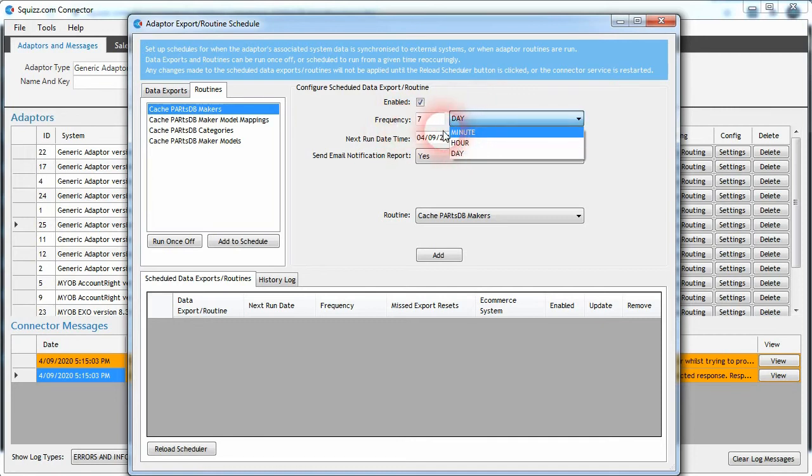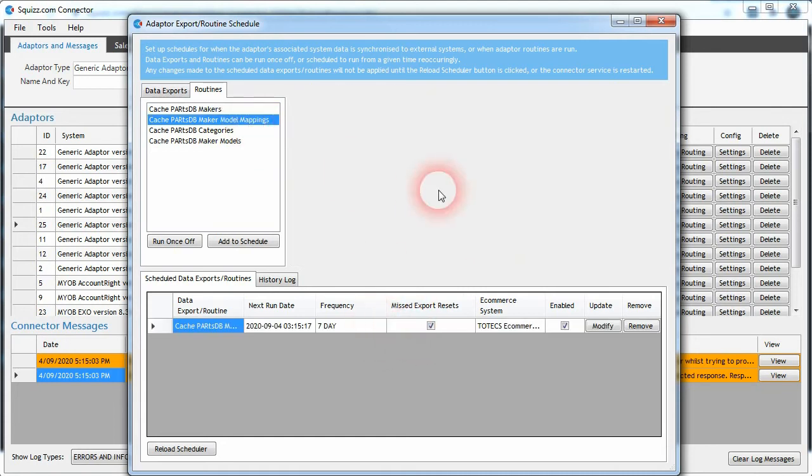or may have to run multiple times a day if you're updating your products mappings to the make model data in PARtsDB. But typically would recommend running it in off-peak times at a frequency that's not too often, since it would be putting more load on PARtsDB's system. So once a day may be a nice number, or once a week may be sufficient. So click on the add button and we'd set up